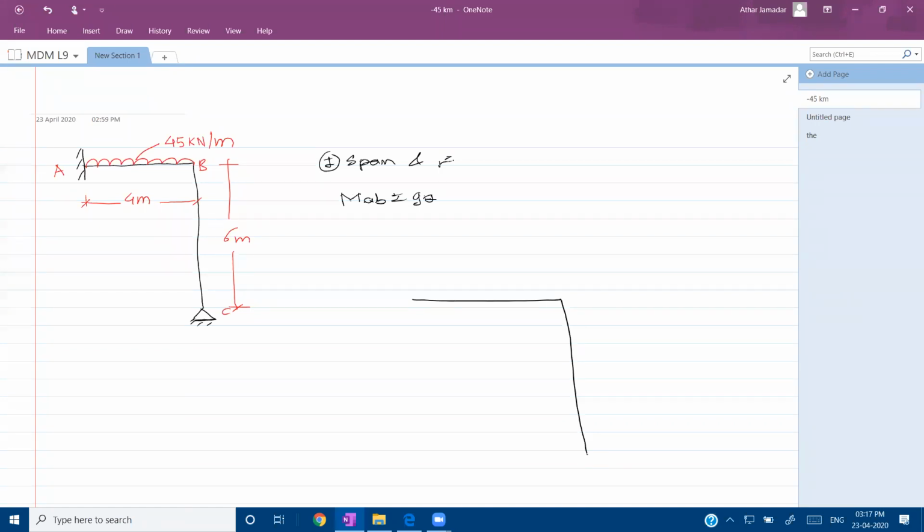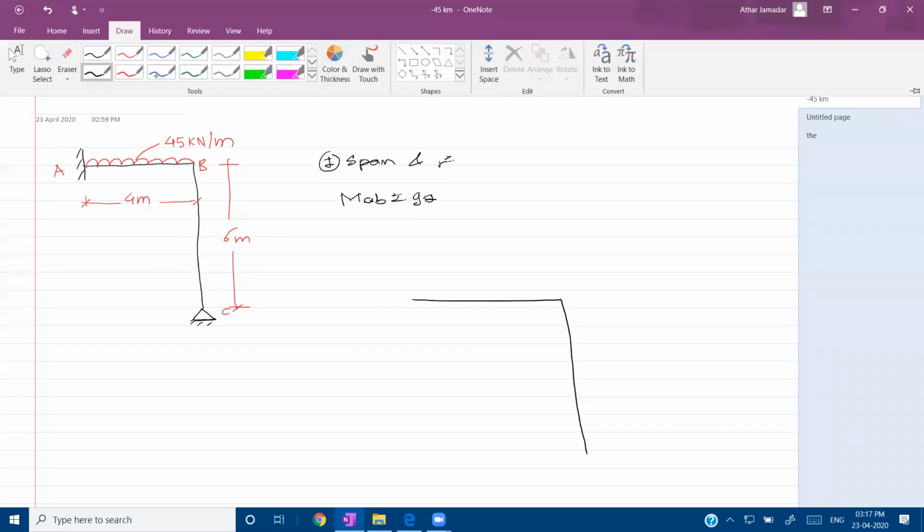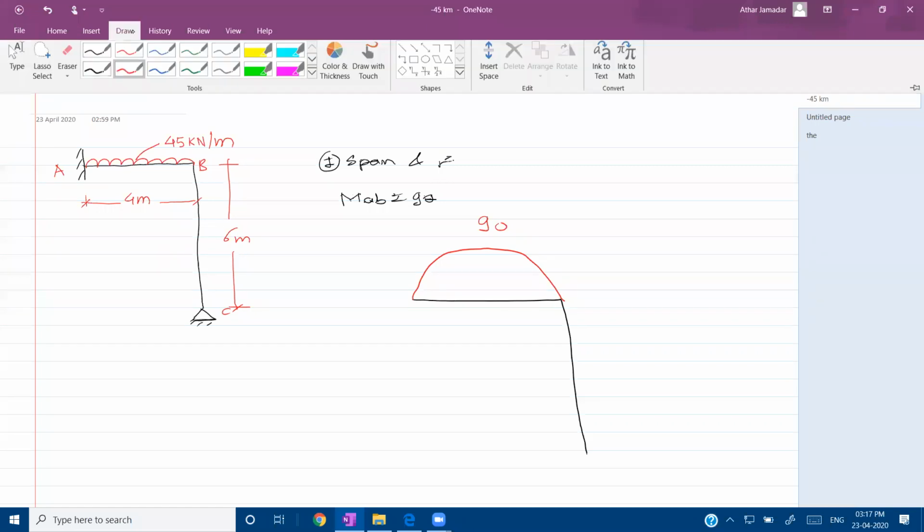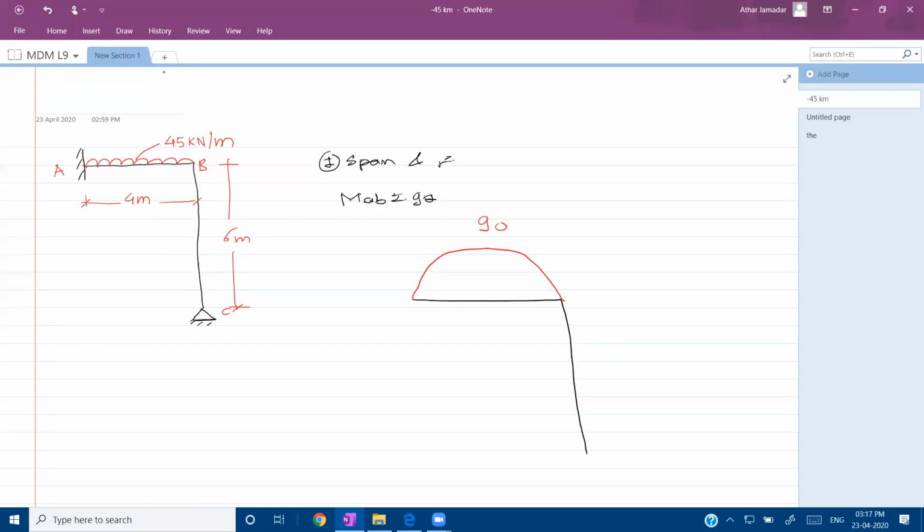So here in case of AB, first of all we will draw a span moment diagram. So MAB was 90 kilonewton meter, and MBC was 0. That means span moment BC was 0. Now on this we will overlap the span moment diagram. So for first beam AB, now MAB was minus 80.10. So A is left support, B is right support, and MAB is acting at the left support, which is having negative value. That's why it should be drawn above the baseline. So it is minus 80.1.